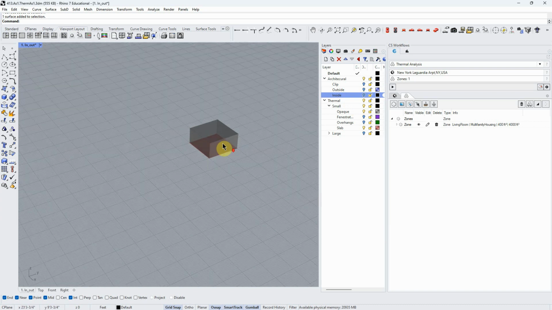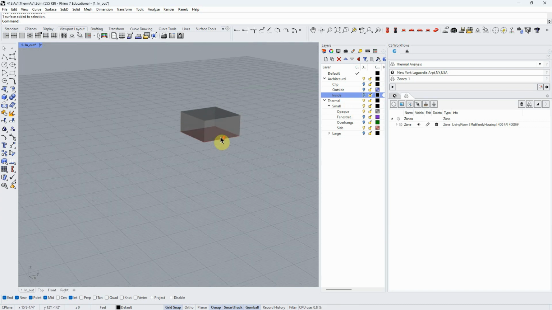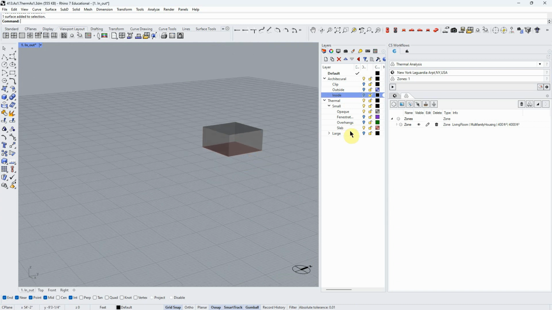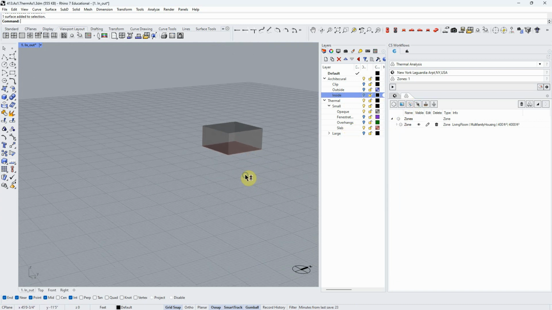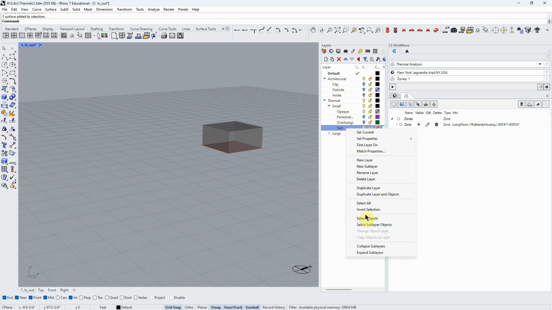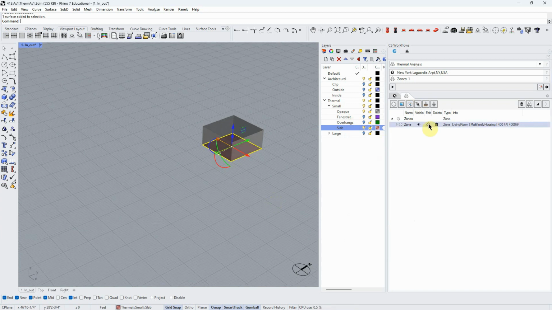So we need to identify the ground, the grade slab. So let's do that. I'm going to select my slab layer. So what do we have over here? We have zones, exterior windows, interior windows, shading, ground, which I'm going to add, and then add an adiabatic boundary,